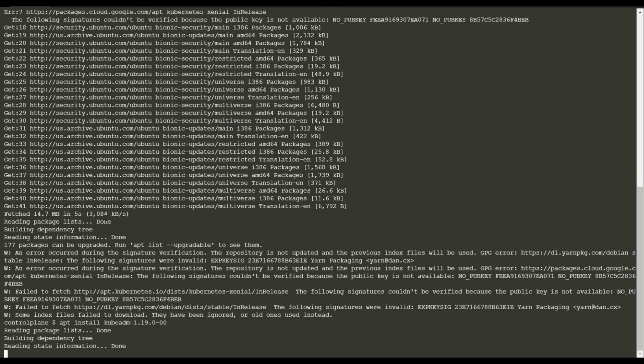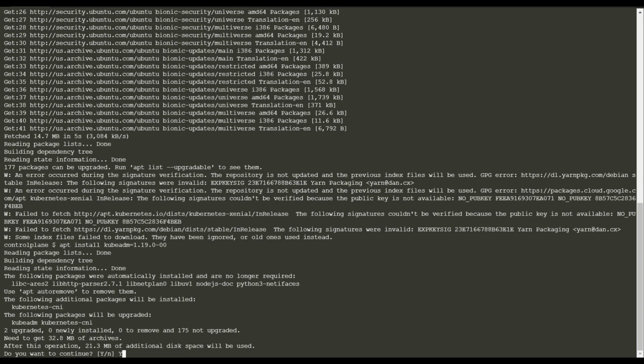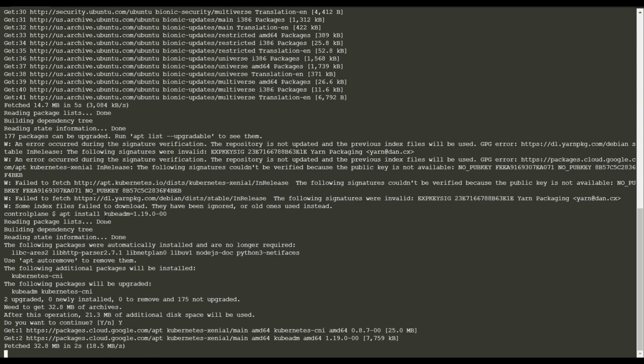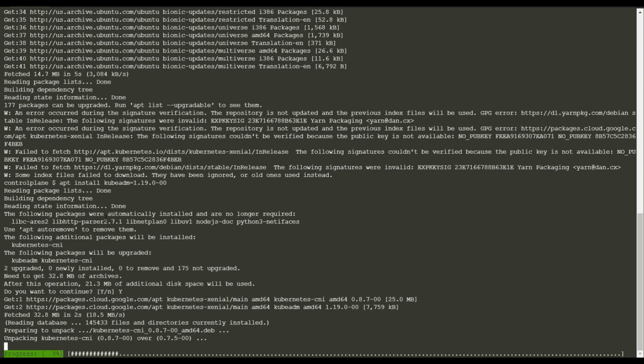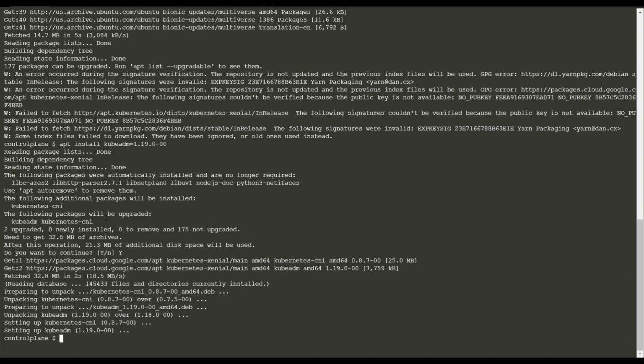Okay, this is the version we have to upgrade to. Say yes, go for it. So kubeadm is now upgraded. You can check the version also, and it shows it's upgraded to 1.19.